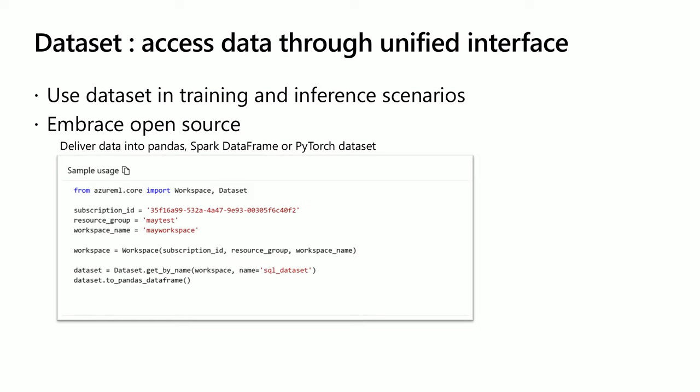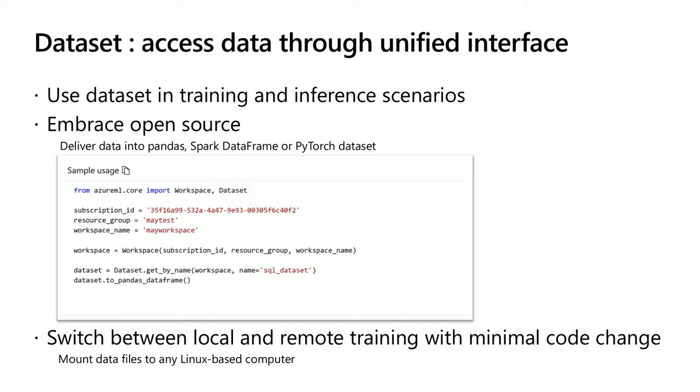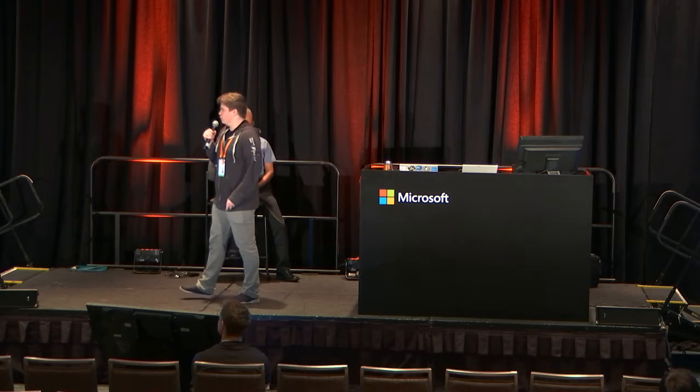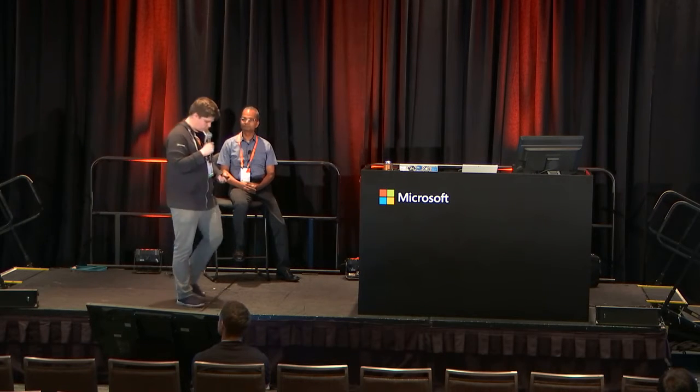And again, one of the key value props is that data scientists tend to start developing locally using just a small sample of their dataset. You can do that with our datasets, use them natively locally, and then scale them out across compute clusters when you're ready to really start scaling up your training. The other key thing, of course, is that you can track your lineage across your machine learning experiment. You can see that here. You input your dataset into an experiment, and it gets tracked through to your model.